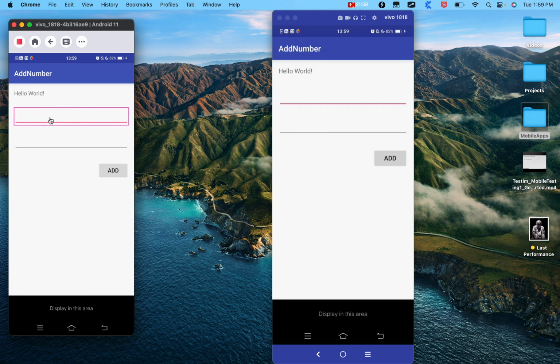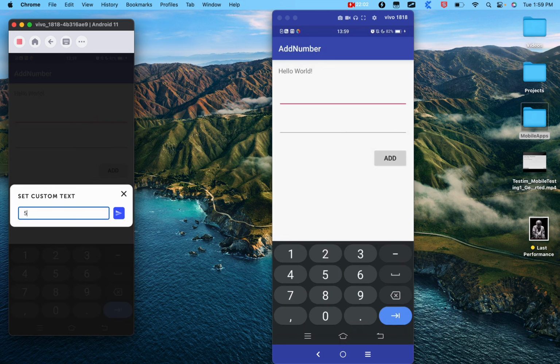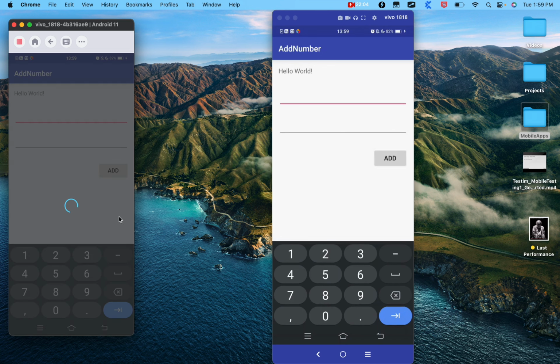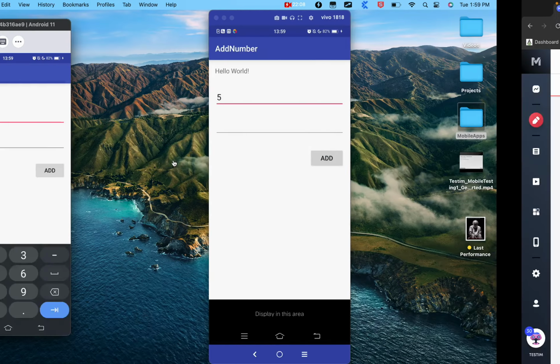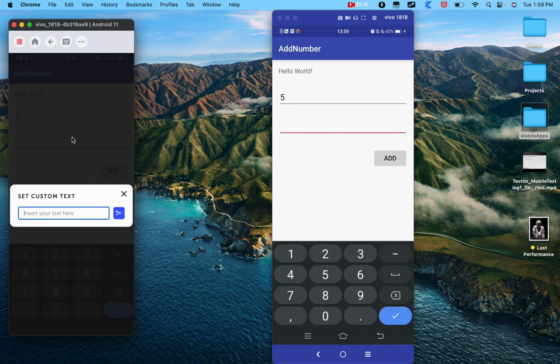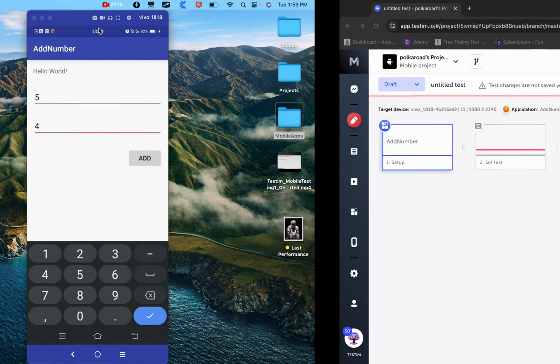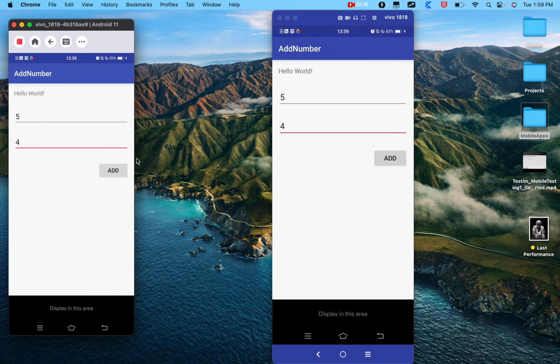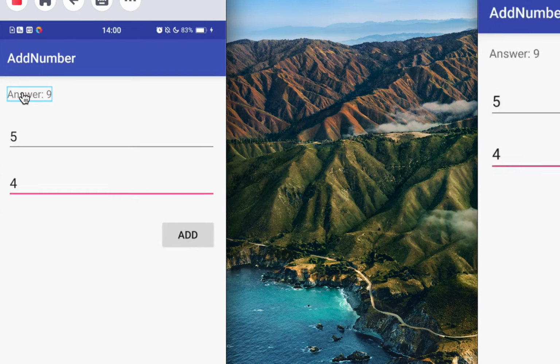So now let's say I have to add some numbers. Let's say I say 5 here and hit enter. You can see it is recorded. Then here let us say I say 4 and it gets recorded here, and I click on add, and here you can see it says the answer is